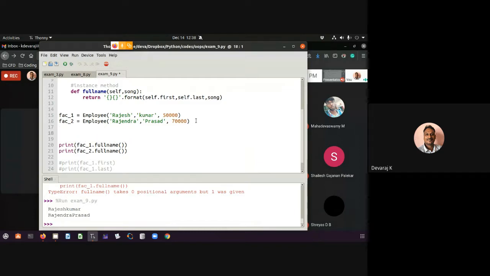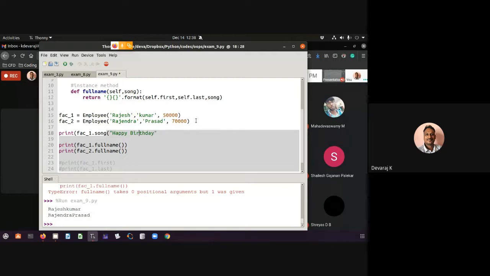What should I do actually? Say, if I call that instance method, something like this: print faculty 1 dot song. What is it doing? Sing happy birthday. Some song I'm trying to define, that happy song.